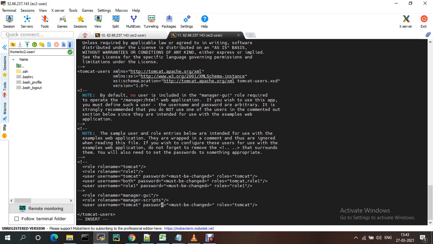My username is tomcat and the password I can give anything, so I'm changing the password here: tomcat123. This is my password, and the roles which I created are manager-gui and manager-script.